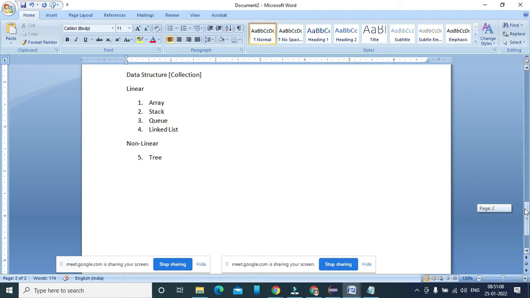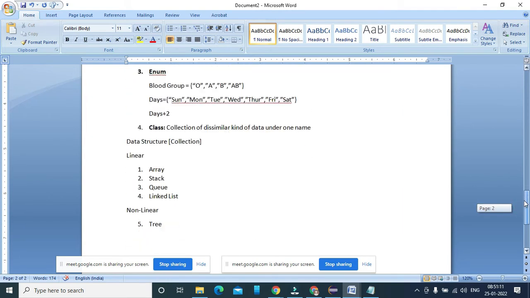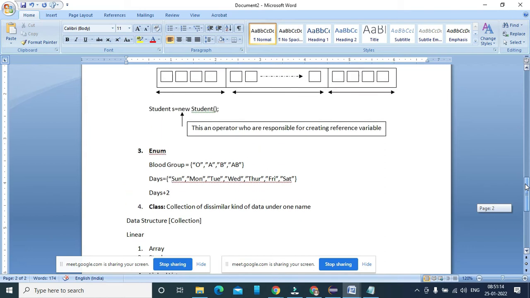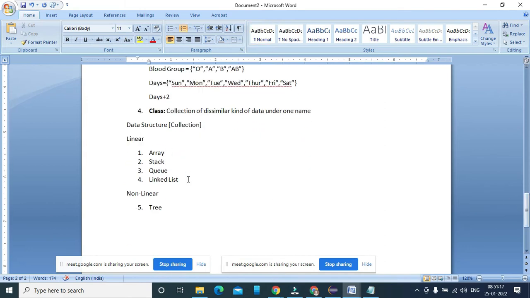So linear in nature, they are using the collection, and all those collections are available inside Java. When you are talking about array, Java is providing something called an ArrayList. Java has to create an ArrayList, but how will it create it? Java is going to use any kind of type here. So in that case, when you are talking about generic collections, you are going to talk about generic type here. Let us see what a generic collection is and what a generic type is here.